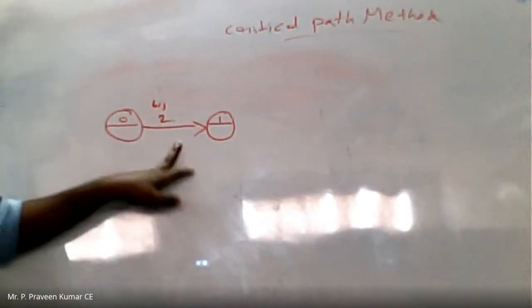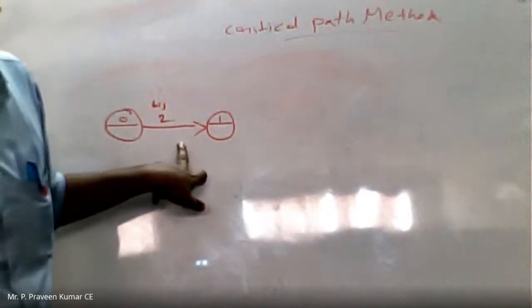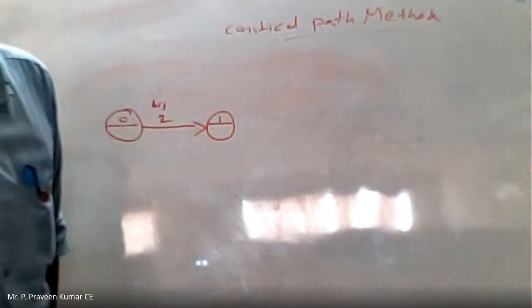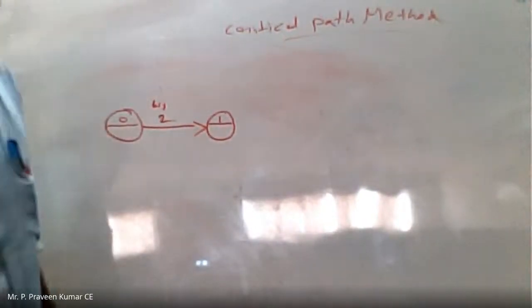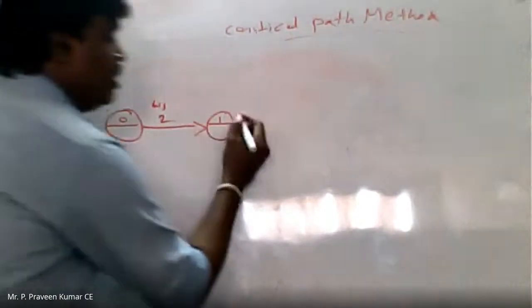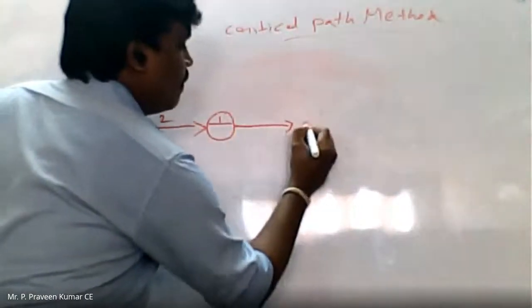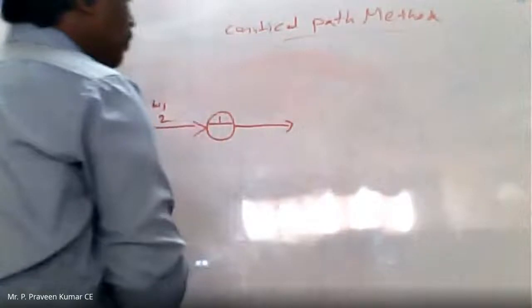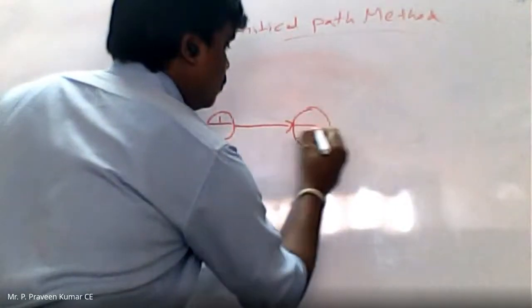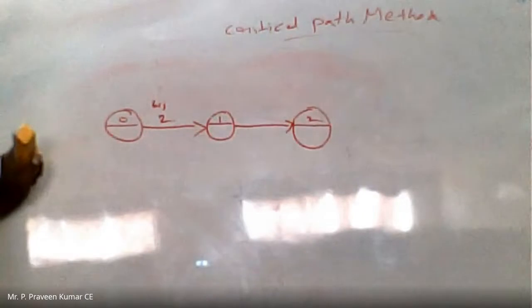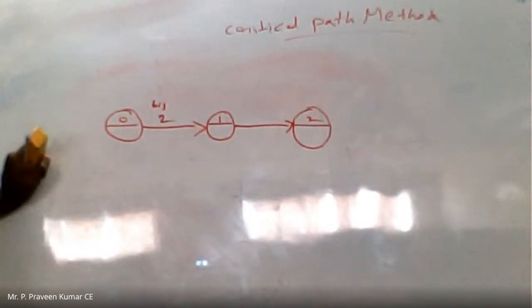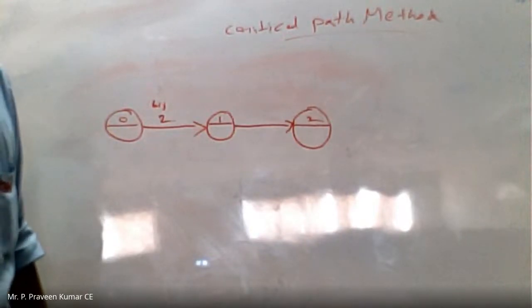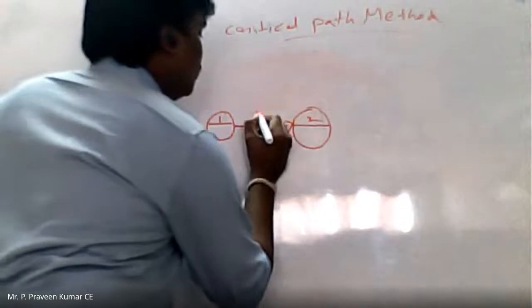Now the first step is over. Next, coming to the same activity. After completion of 0 to 1, see the next step. They have given the activity 1 to 2. Already the 1 is over. Now from 1 to 2 I am drawing. Now I have drawn this 1 to 2. For this 1 to 2 activity, what is the duration time? 8 is the duration time.